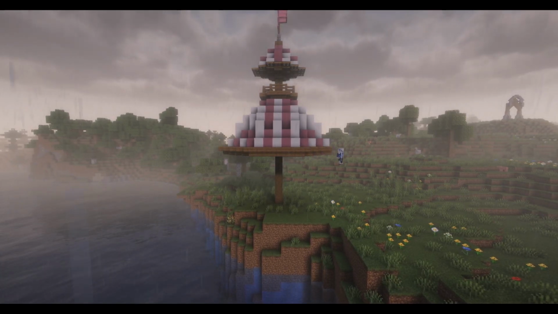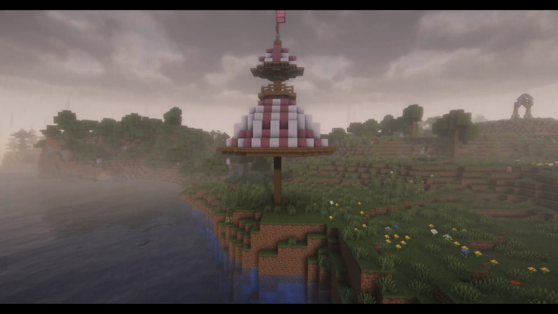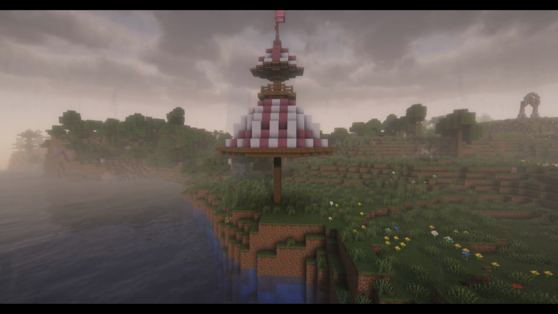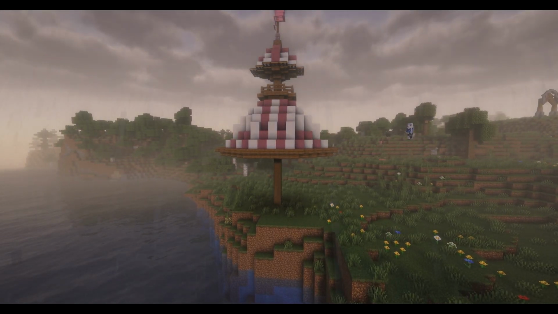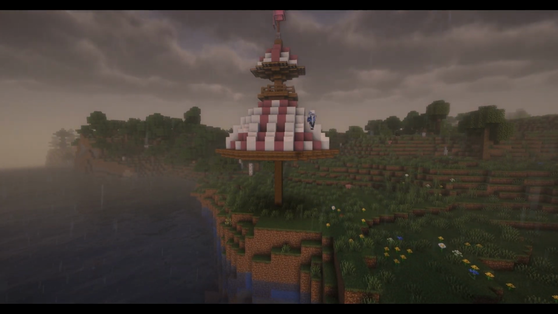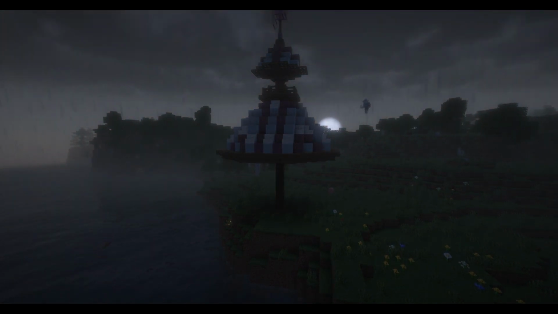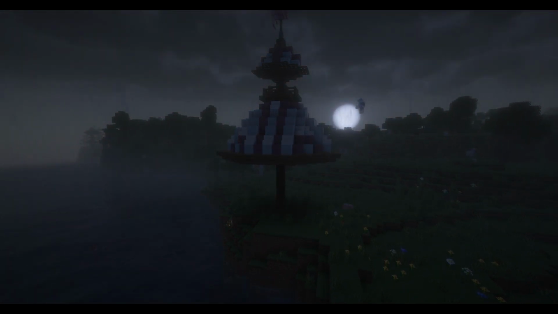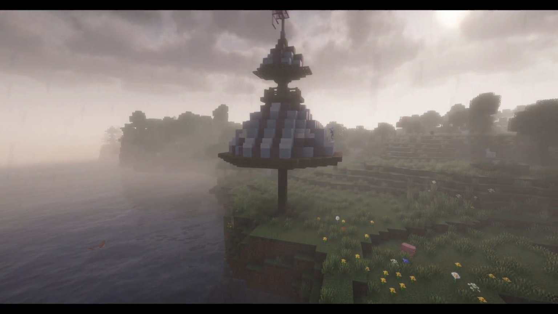Continue this type of transition onto the sides of the main tent area that we created in the beginning using upside down wooden staircases again. At this point, I decided there wasn't enough depth in the tent itself, so I transitioned from using white concrete to smooth quartz stairs, and then I added those in between little places that I thought could use a little